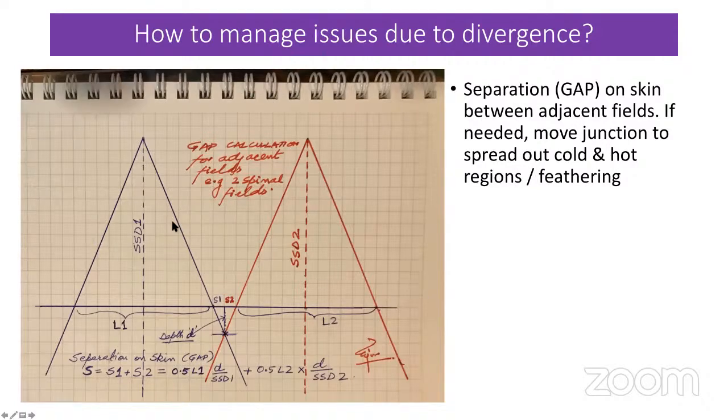So this is SSD. There are two fields, and let us assume that both of them have the same SSD. Sometimes it is not the same SSD, because imagine the spine. The spine has a curvature. It has lumbar lordosis, and then the thoracic spine. So you have set it up, and it is different. Okay. So L1 is the field length of the first field, or let us say lumbar spine. L2 is the field length of the dorsal spine, and you want that depth that they should intersect each other